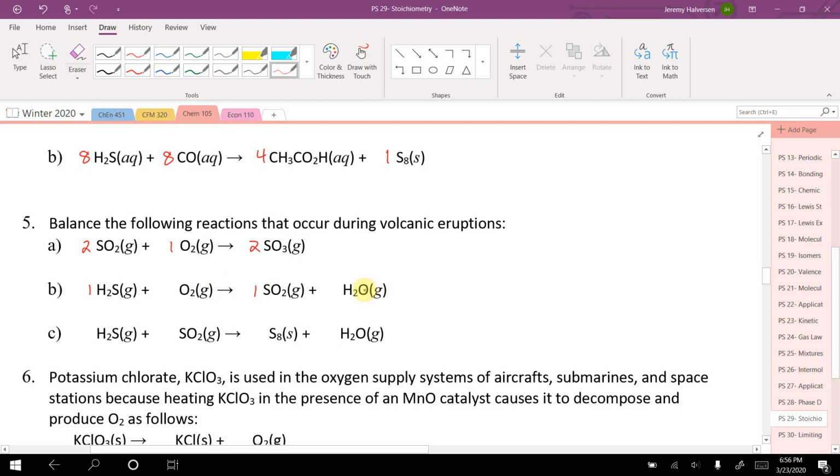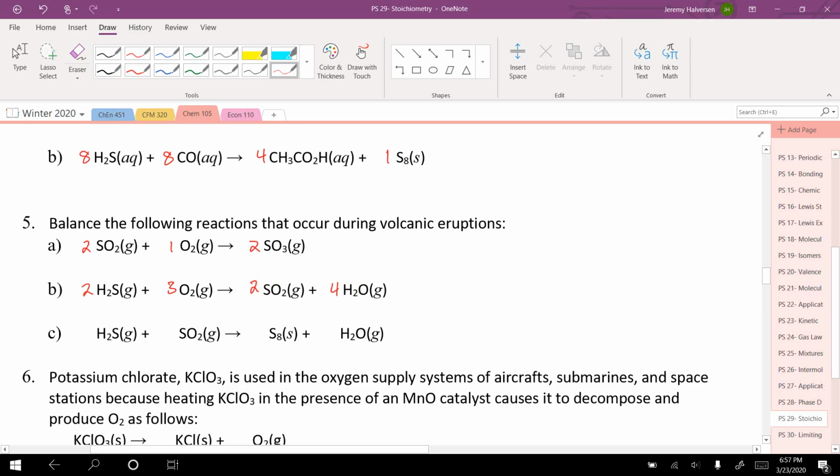And so 3 oxygens on the right. So I would need 3 halves here, but I'm going to double it, which is going to give me 3. So I have to double all of these, I think. Let's see. So right now I have 2 sulfurs on the left, 2 sulfurs on the right, 4 hydrogens on the left, 4 hydrogens on the right, 6 oxygens on the left, 4,